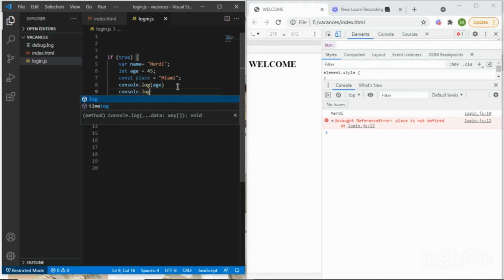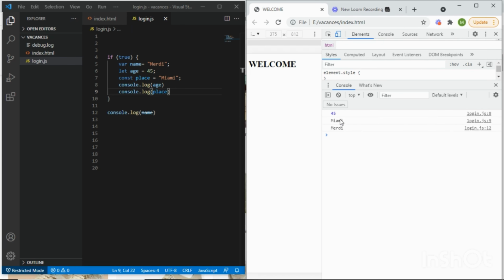Console.log place. Okay, so let's give it a try and see. Yeah, as you can tell, they are all now fine. From line 8 we get the age. Line 9 we get the place, that's Miami, and from line 12